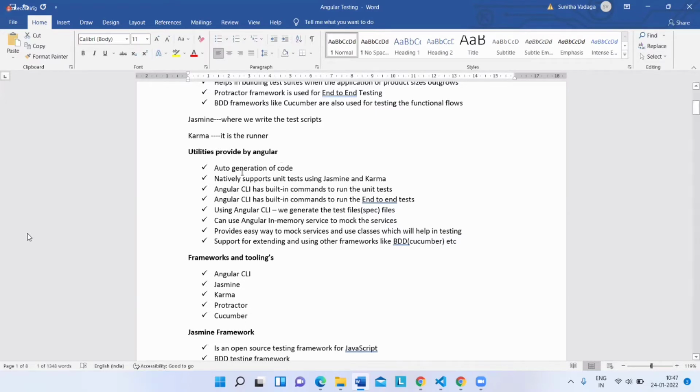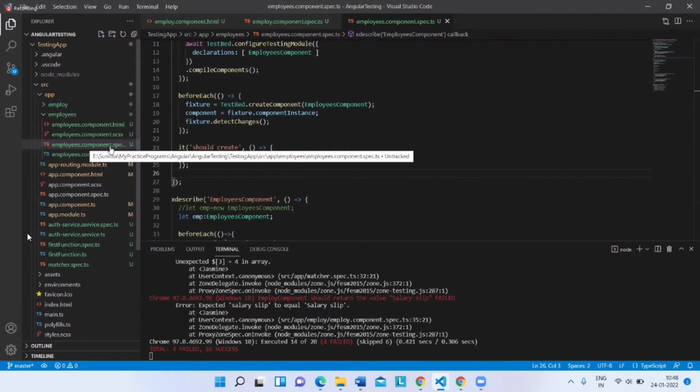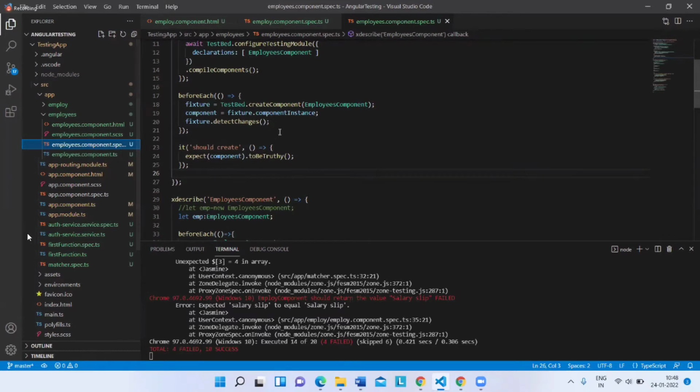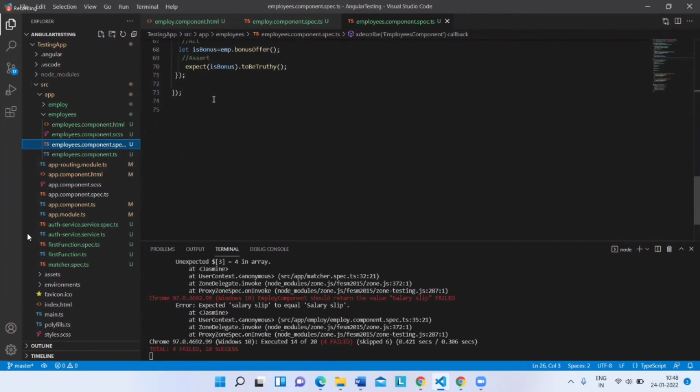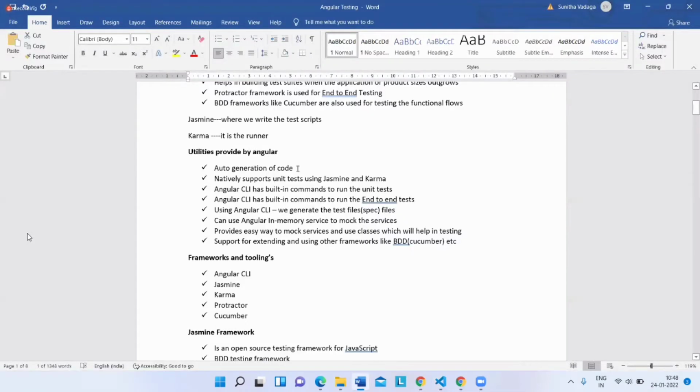As soon as you create a particular component, you can see that along with the component, a spec file will be there. This spec file will have an auto-generated test suite and test script. So that is where it has the feature of auto-generation.